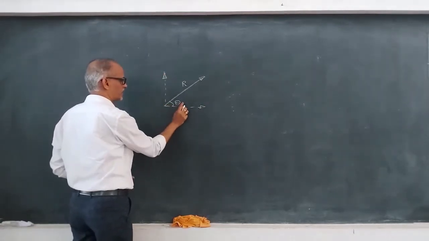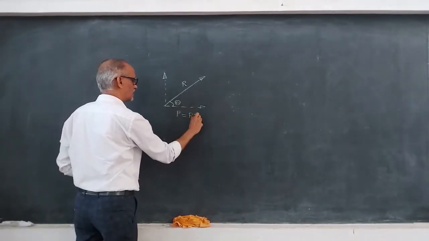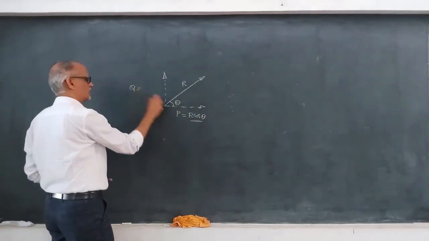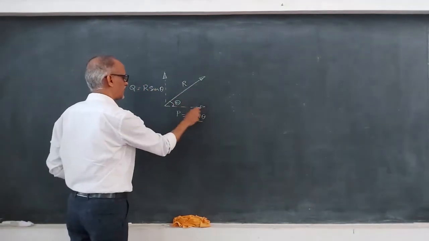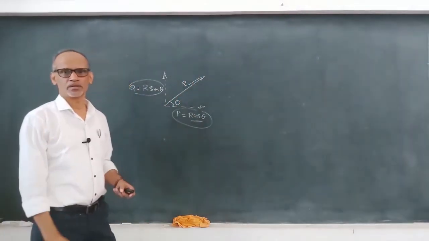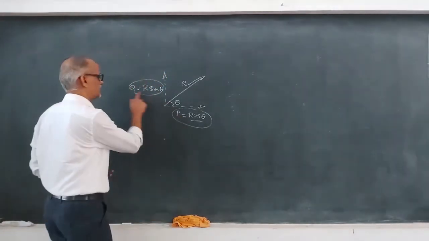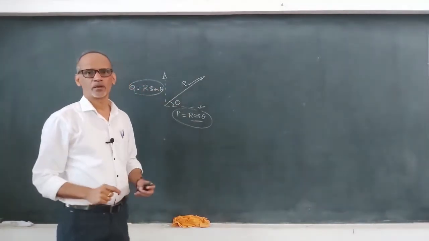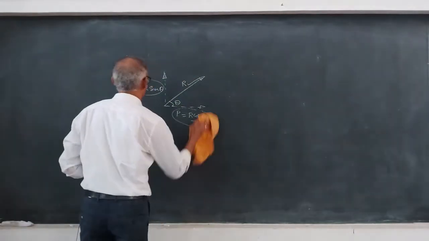The component along theta becomes P, which is equal to R cos theta. Wherever there is a theta, it always becomes cos. The other one, which is Q, becomes R sin theta. So if I add these two vectors, I will get the value of R, because resolution is nothing but the opposite process of addition. If you add these two, you will get R, and if you split R, you will get these two vectors, which are called components of the vector. I hope all of you have followed.